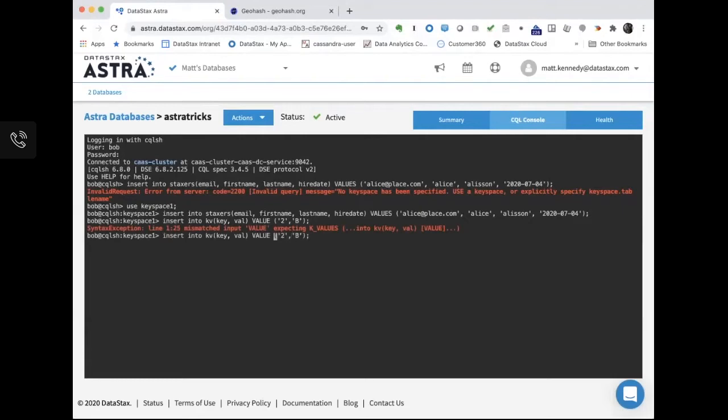I did the same typo again, values. And you see, because he has insert, or rather update, on everything created there, he didn't have to be granted specific permission to insert into KV. He basically got that permission from the role he has.